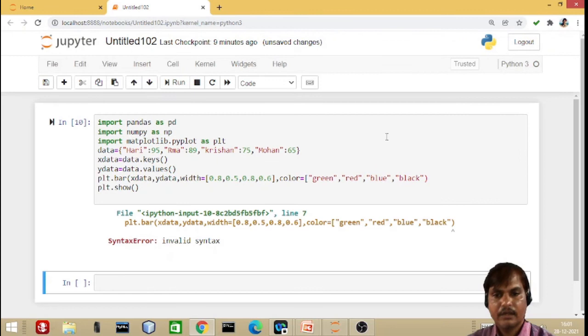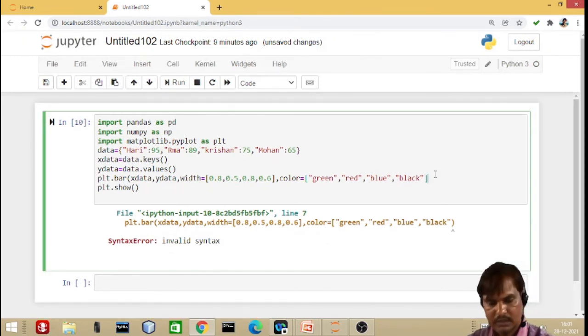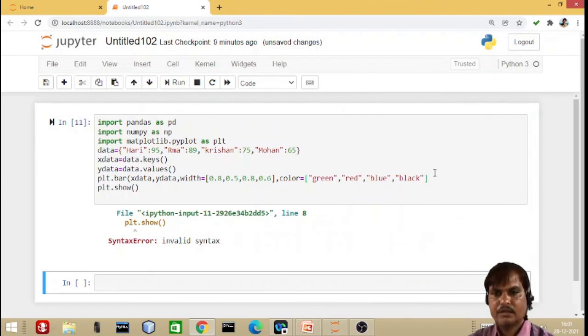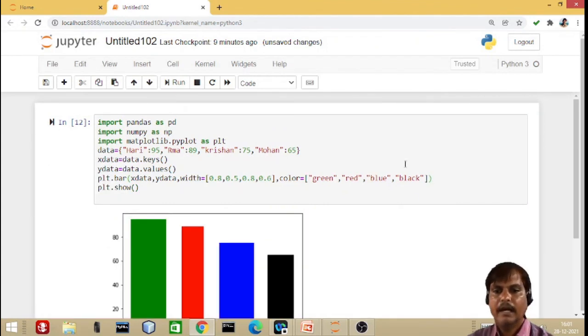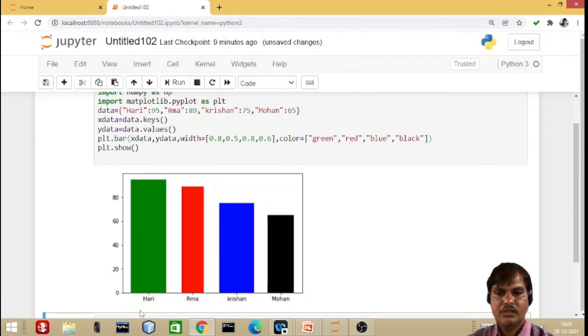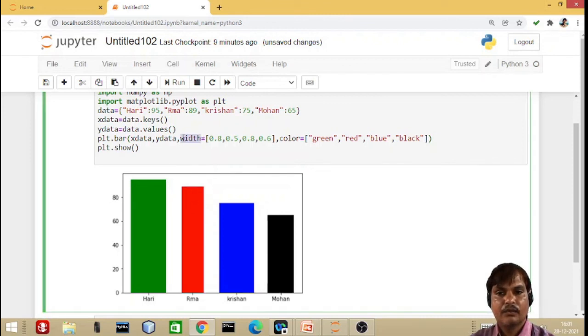Once you run, yes, so this is right. Sorry, that bracket is missing. Yes, run the program now, and you can see each bar with a different color, with a different width. You can set it using width and color, right?